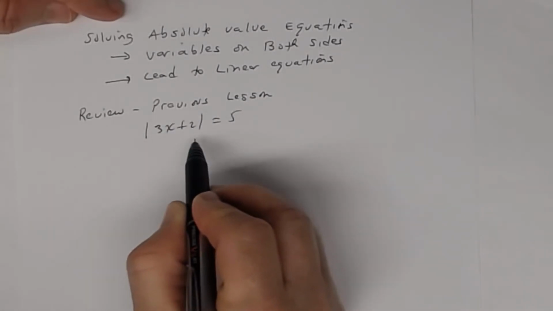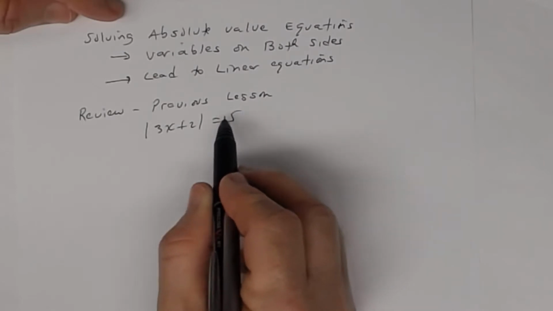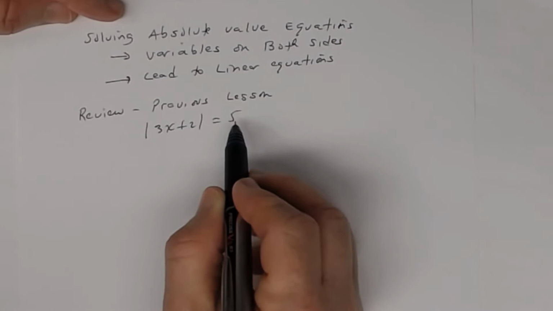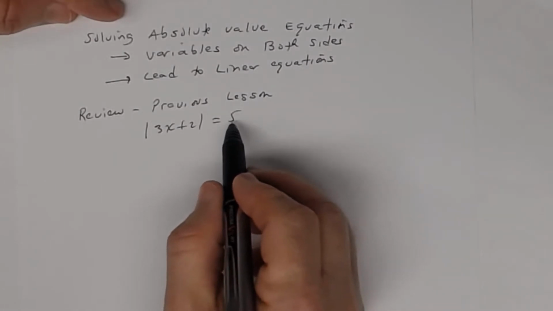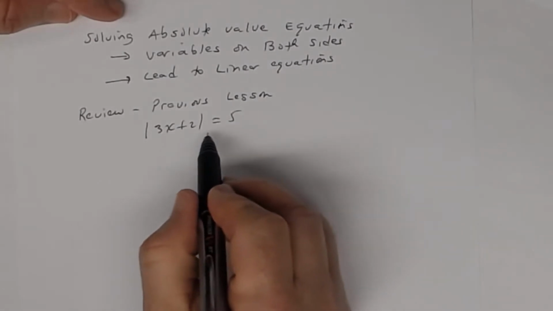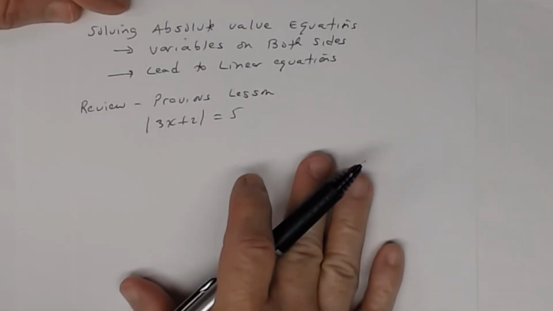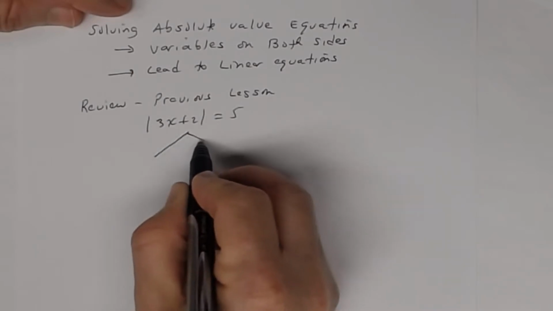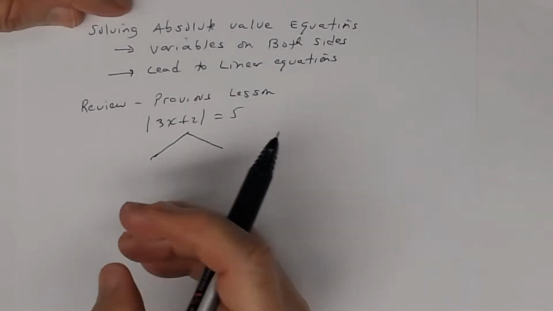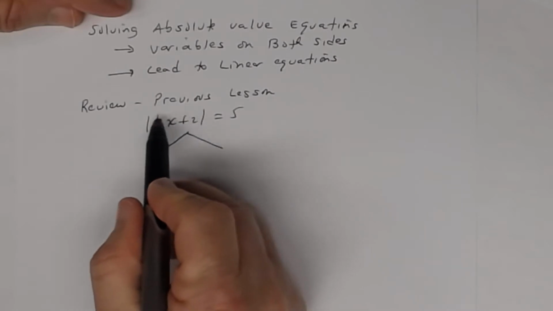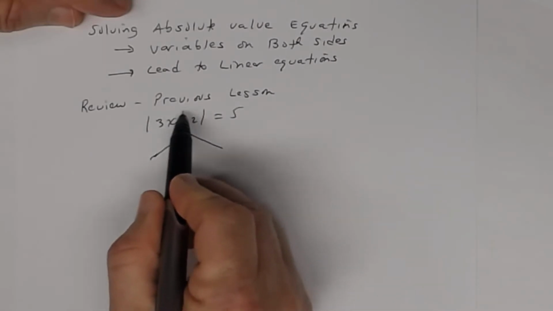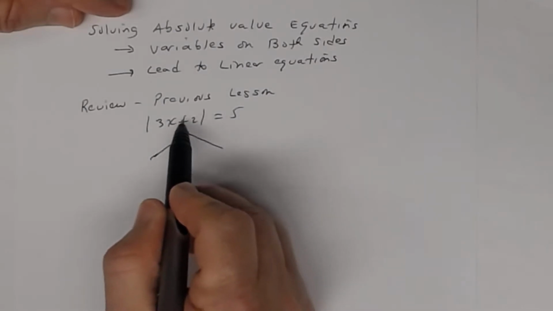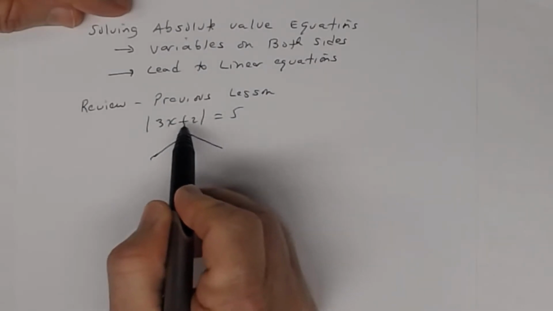So when we got the absolute value by itself, and if this was a number here, no variable, but just a numerical expression, and this was positive, then we knew that we would have two solutions. And the way we learned how to find those two distinct solutions was to think about the definition of absolute value. So we're saying the absolute value of this expression has to equal 5. In order for that statement to be true,